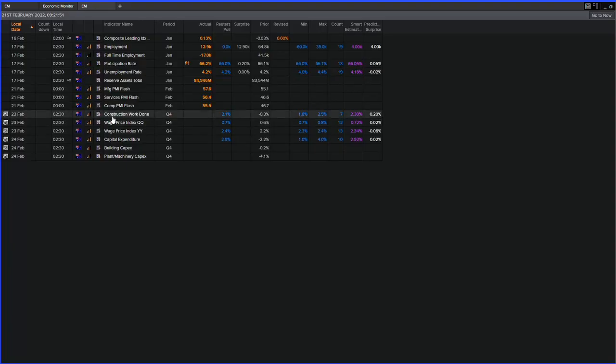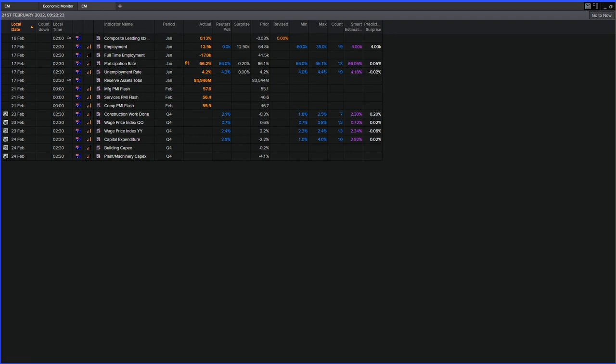The first one, of course, being that fairly solid jobs print we had. I mean, there were some negative caveats to that jobs print last week. Even though employment was a beat, the majority of that was part-time employment because full-time employment actually contracted. And yes, the unemployment rate stayed low, but a lot of that was due to participation. But I think the fact that participation has kicked up to 66.2 from expectations of 66 was a real positive. And overall, it wasn't a negative print, with unemployment still sitting at 14-year lows.